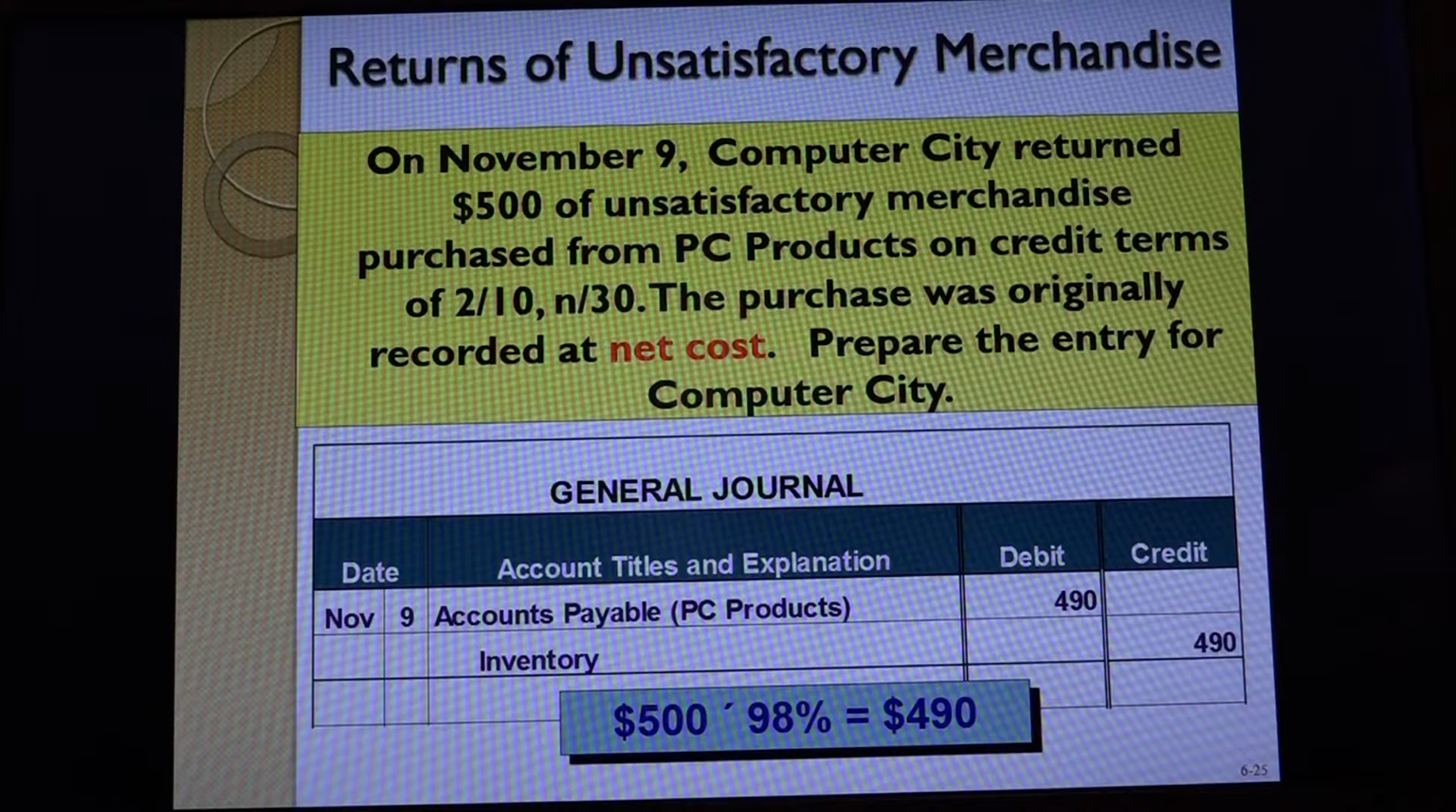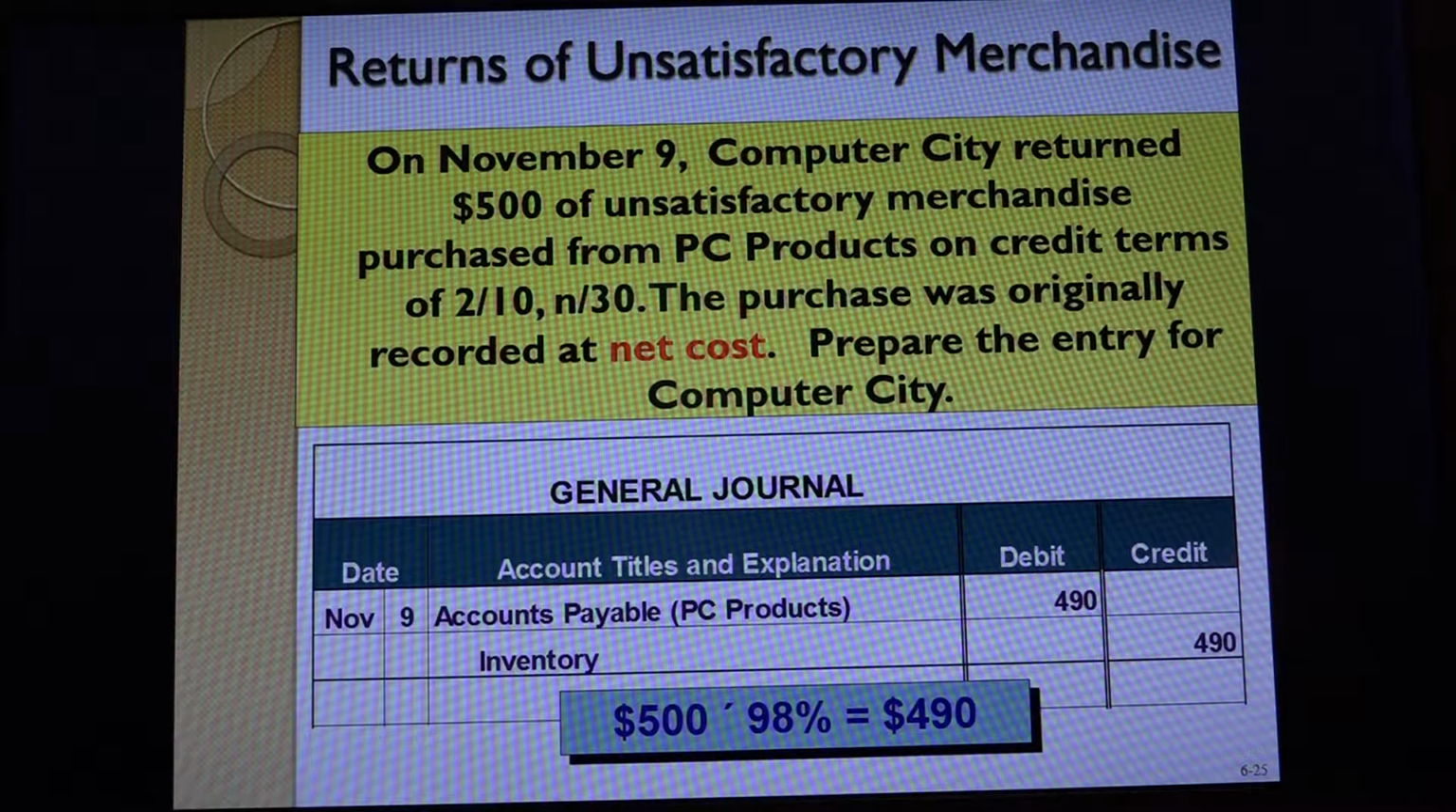Now, if you're a merchandiser, you may have returns. And so here, Computer City bought these items, right? So they're the customer. And so this is Computer City's books, not PC Products, the seller. So we're looking at this from the customer's standpoint. If they're returning merchandise to the seller,